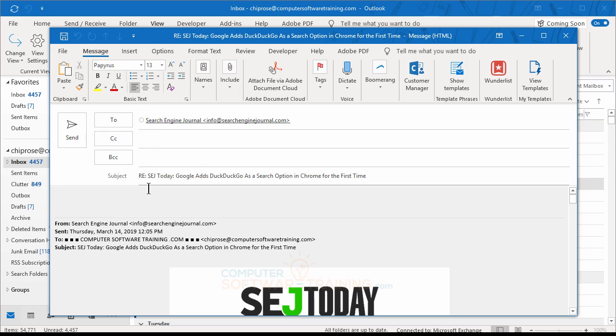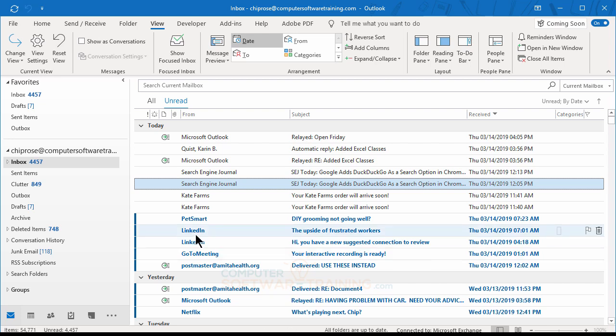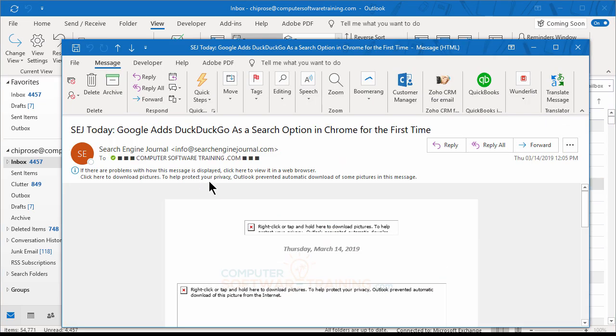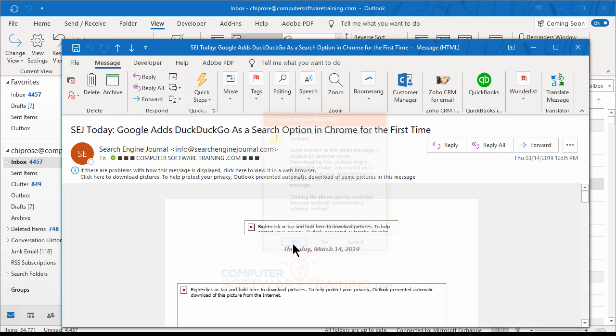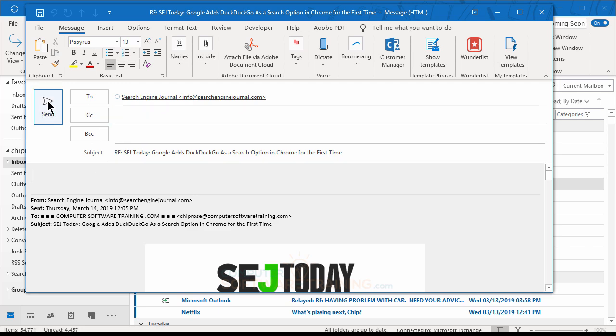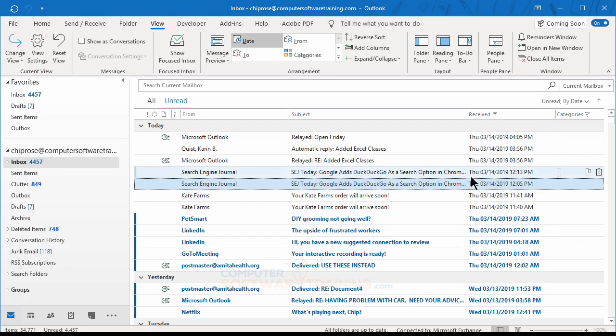This is where you type in your response, and when you're all done, you hit send, and off it goes. And then, of course, you come back here and double click the next one. So that might be kind of a pain, but